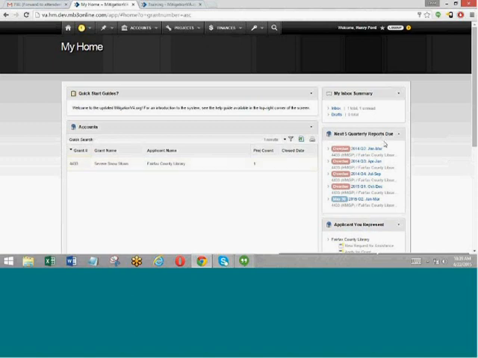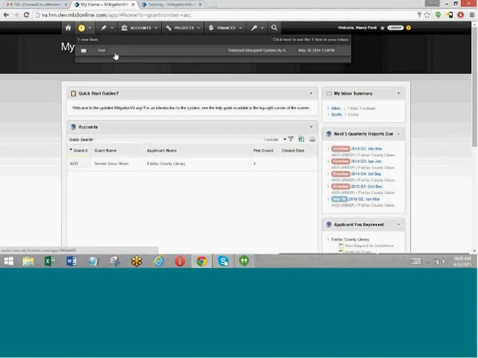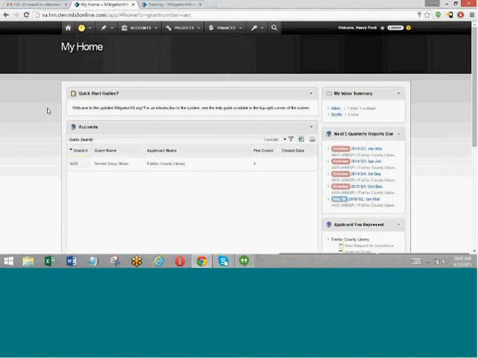On the right-hand side, you have your inbox summary, which correlates to your inbox at the top here on the menu. As you can see, that icon is yellow with the 1 in. It basically means that there's one item that has come into my inbox that is now waiting for me to take action on it. So if I were to click on that menu, you'll see that some item was returned to me by a specific user for my attention, so I can just click on that and it will take me directly to that item.